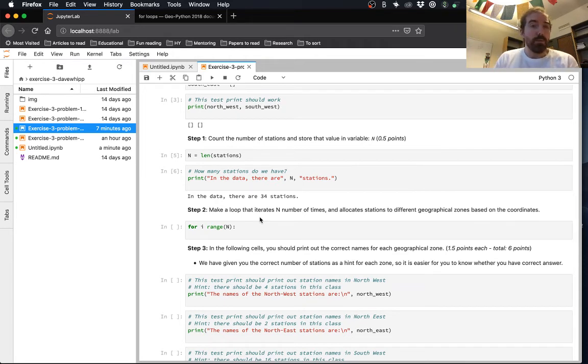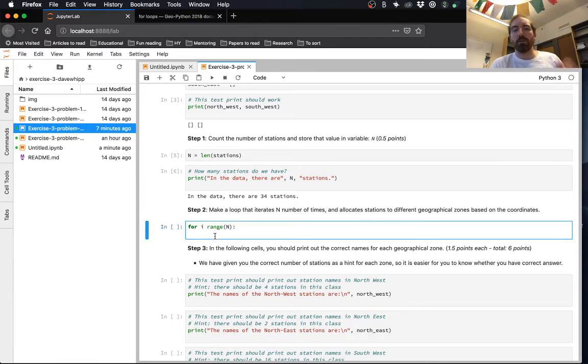But let's jump back here to problem number 3, where we were in the early stages of our for loop to go through all of the different stations that we have and to classify them north or south of these cutoff points. So we've got our for loop that's going to take us through the number of stations that we have. And our next step is to add in some logic here about choosing whether we're north or south of some reference latitude, I guess, in this case.